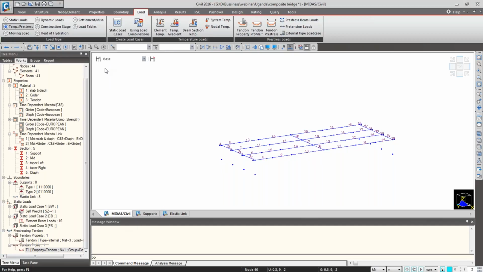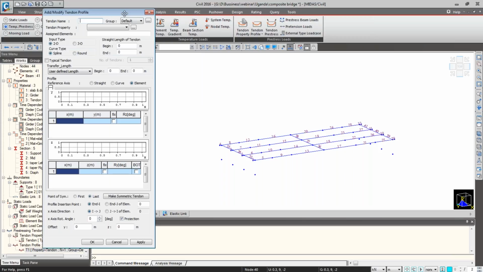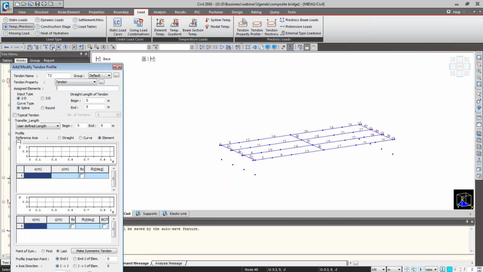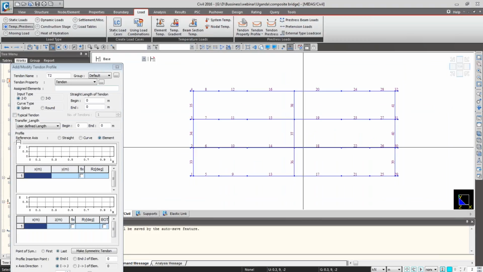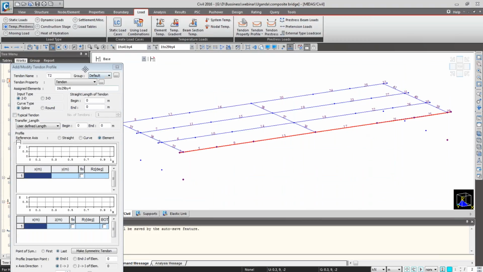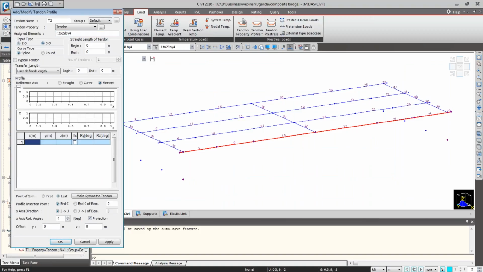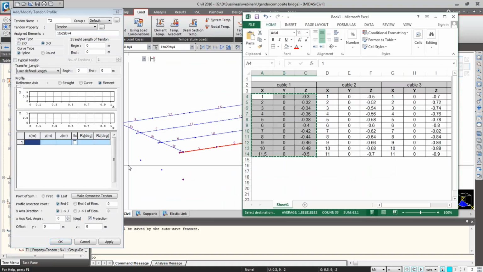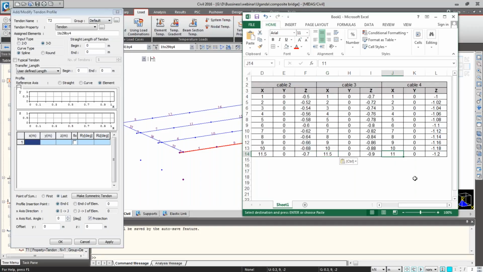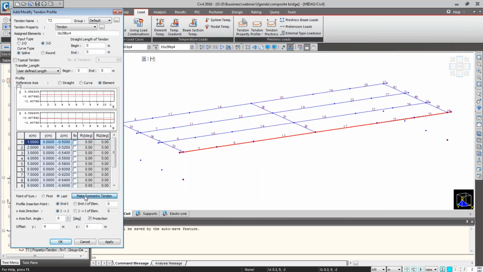And then I will add the second cable. Add the cable. Now this is my T2. Again select the same coordinates. Now this will be my cable number 2. Copy the coordinate, paste it, make symmetry,